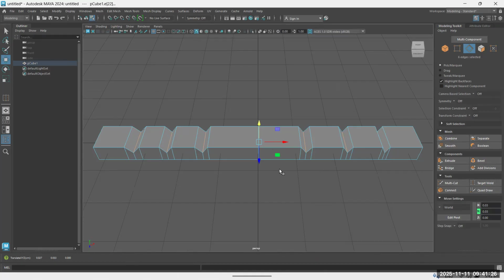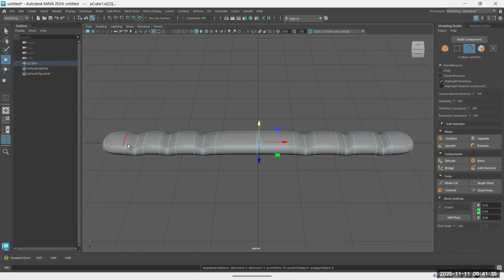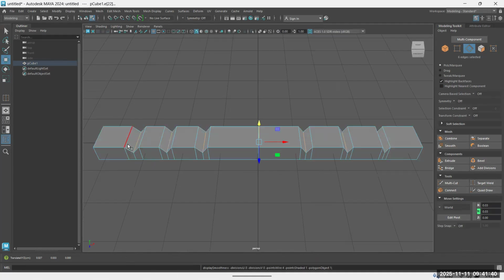Once I'm satisfied, this will be good. But you see, if I press 3, it is not a very sharp depression, a sharp notch. To make them sharp, I will add two more edge loops for each notch. So I will go again here and insert edge loop. I will select here, near to this, and near to this, and near to this,